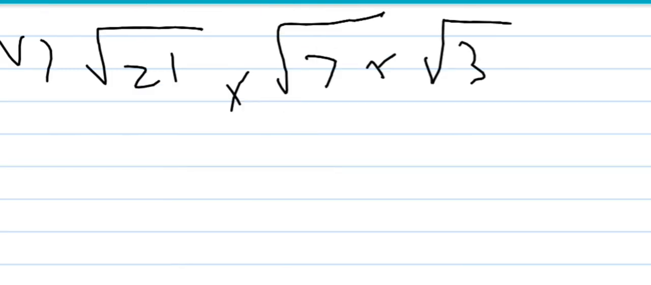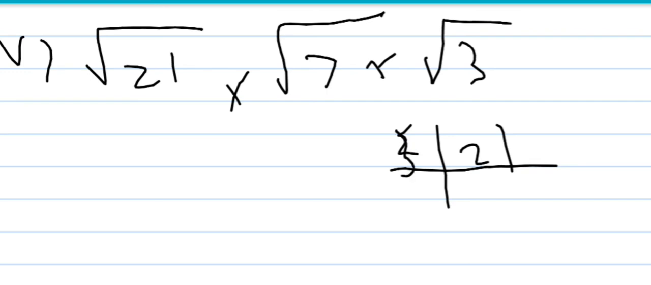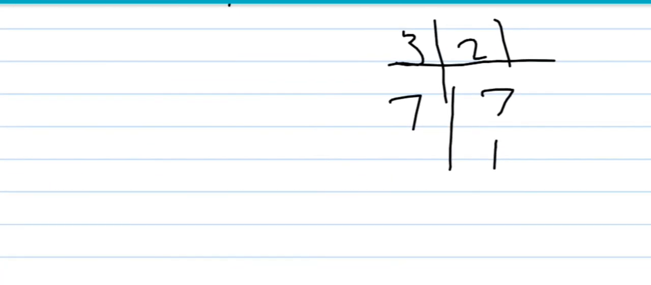So the question number 2, part 5, is under root 21 multiply under root 7 multiply under root 3. We'll find just the factors of 21 because the remaining are in the simplest form, and you cannot further find their factors. So 21: 3 7s are 21, and 7 1s are 7. So we will write